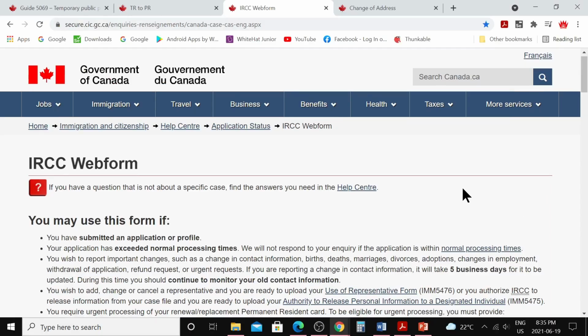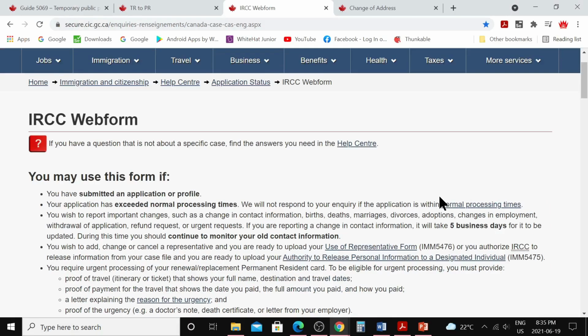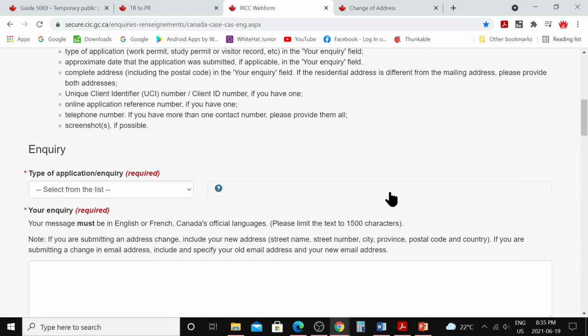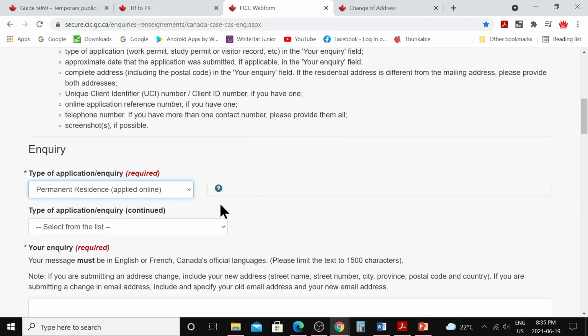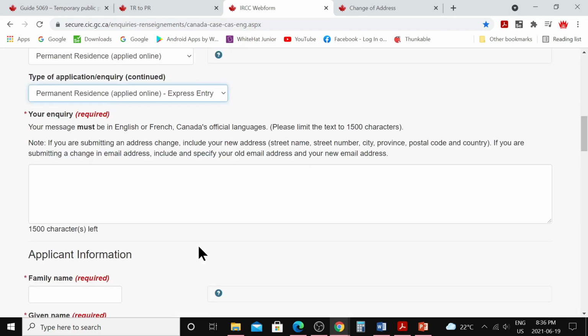So if you go on IRCC's web form, I will leave the link for this one in the description too. You go here and type of application we need to choose permanent residence applied online, but when you select here, there is no Tier to Peer pathway. You can select express entry here.